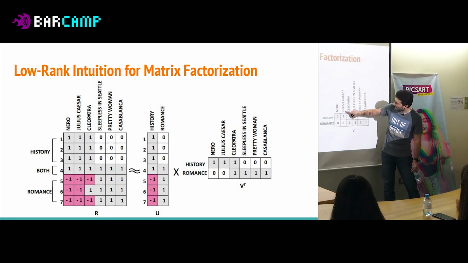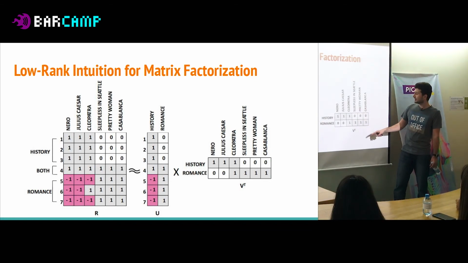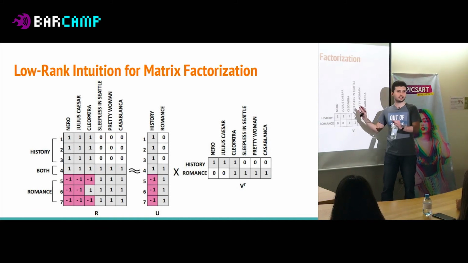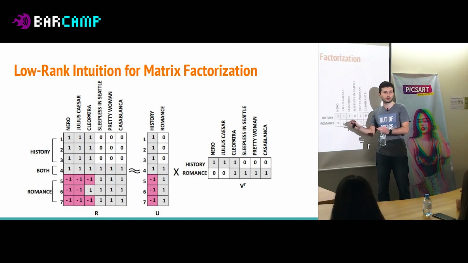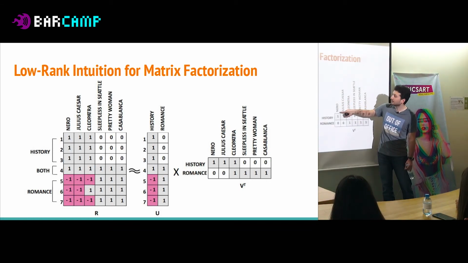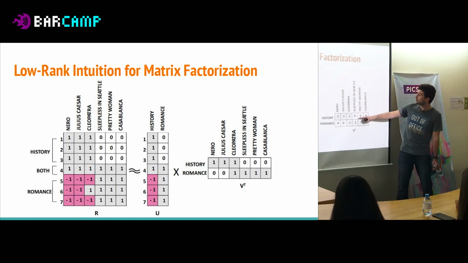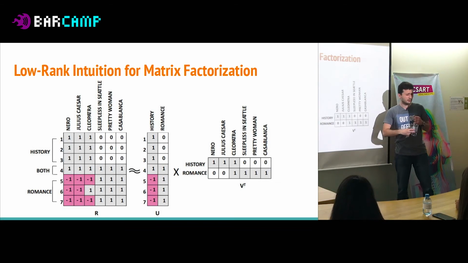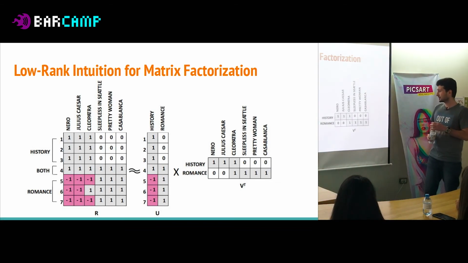Again, those are numeric representations of items. And again, we have latent factors, and this is a toy example. This is not exactly the way it works. The numbers are integers, but really it's going to be real numbers, it's just a toy example. So the movie Nero, for example, has a high value for history but a small value for romance. But the movie Cleopatra, interestingly enough, has a high value for romance and history.